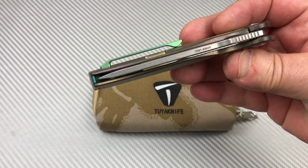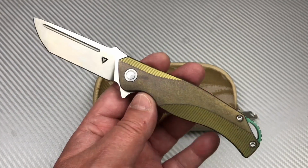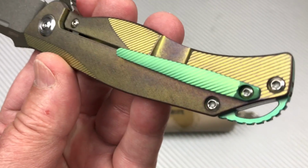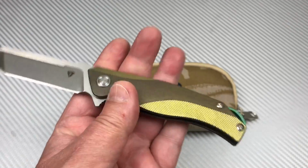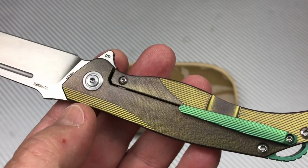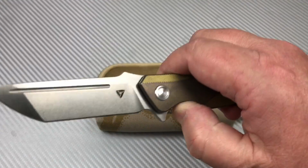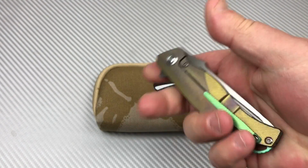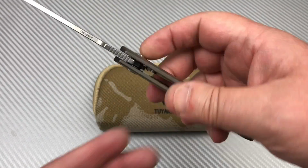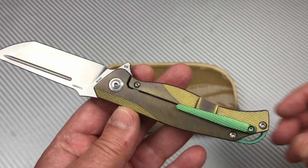Really good action. It's centered right up, even after I took it apart and put it back together. Yeah. And number 8 torques all the way through, which is nice. And I told him I don't want any Loctite or anything on the screws, so there are none. No Loctite on that, which made it a lot easier to disassemble. At least, because you don't want to worry about if you have kind of a bad fit